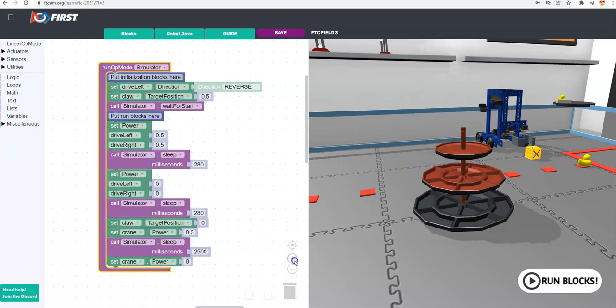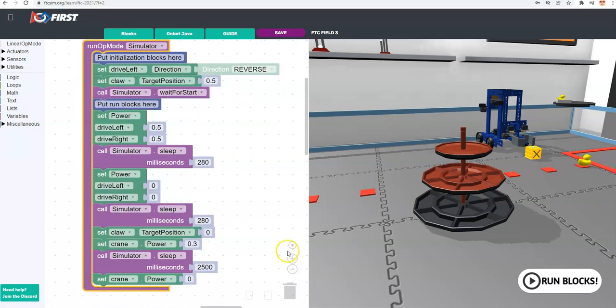So I'm going to zoom in here a little bit so we can go through here. I'm going to go through this as if you've never done any of this before, but please try the other ones in the series as you can see. So the goal of this video is to move forward, to open the claw, to close the claw around this block, and to lift the block up. And there's a whole bunch of ways you could do that. I'm going to do the simplest one possible. And I'm going to explain what these blocks do and where I got them from,